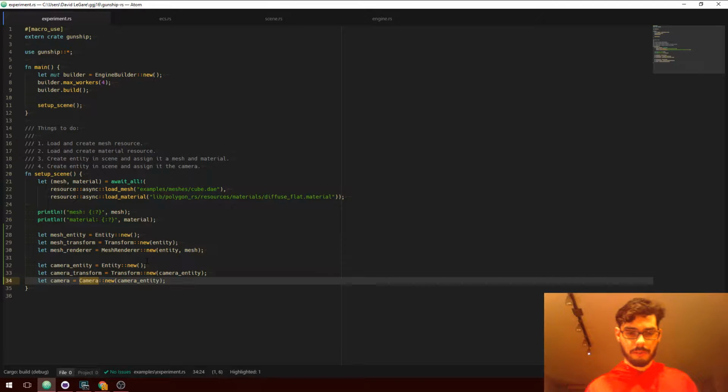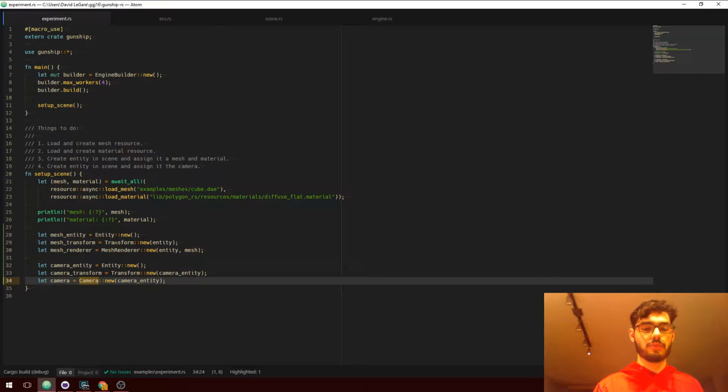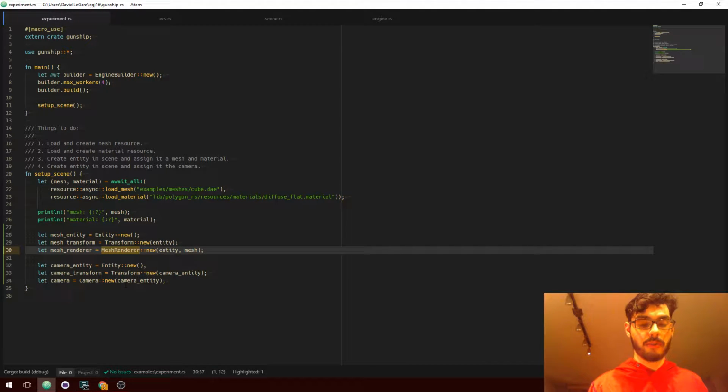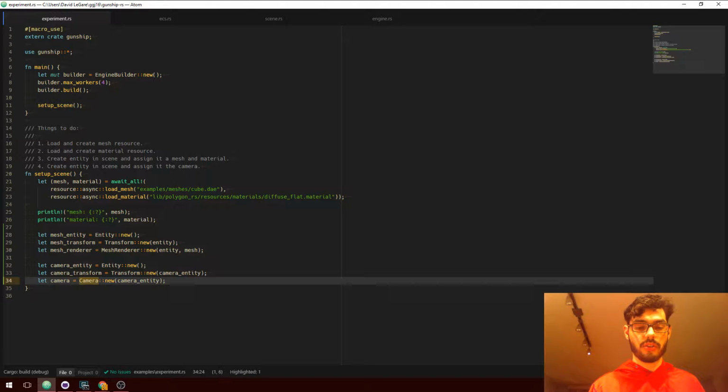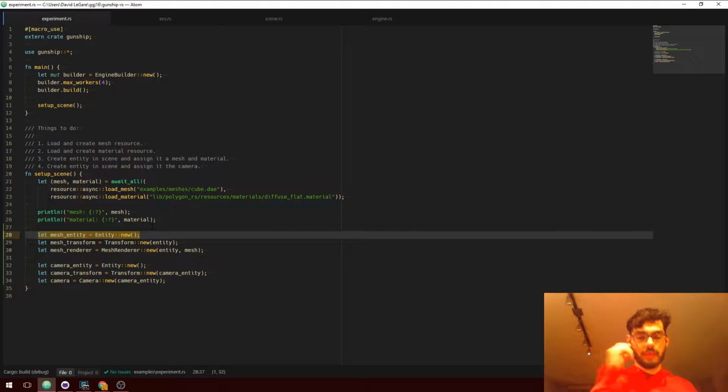Now, at the very least, transform, mesh renderer, camera are all things that I'm going to need one way or the other. I need a way of giving stuff a position in world space. I need a way of specifying what meshes are being rendered. I need a camera for doing all the stuff associated with rendering to the screen. The part that I am not so sure about, and I'm actually planning to move away from, is entity.